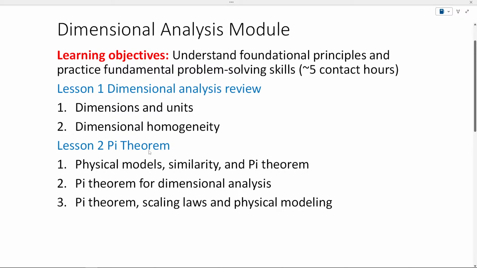In the next lesson, we will learn about the pi theorem, and we will take dimensional analysis to the next level, beyond what you did as an undergraduate student in fluid mechanics, for example. And we will see the application of this in physical models. See you next